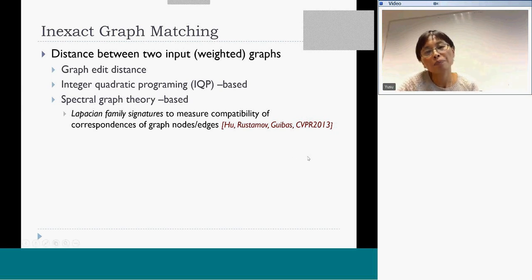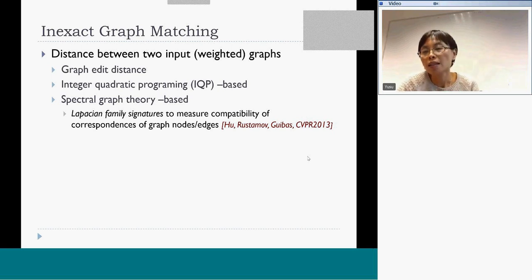If you think about it, comparing two graphs boils down to finding correspondence between graph nodes, so that this correspondence between nodes also makes the edges between the graphs comparable. And each edge involves two nodes. Essentially, this typically leads to quadratic programming problems, specifically quadratic programming problems. So approaches are based on this quadratic